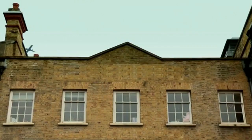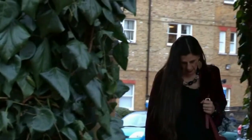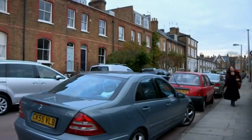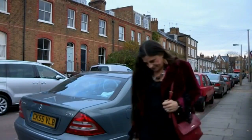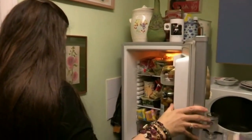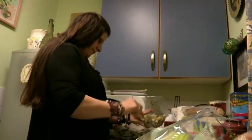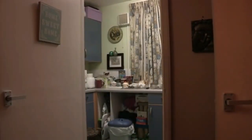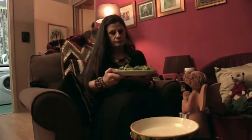Rosemary's road to recovery began when she was assigned a specialist key worker. She said to me, I just want you to have a better life. And that's the one and only time where I heard somebody say that to me and actually processed it. And I thought, well, I've got nothing to lose. I could give it a go. It was a gradual process, but since that moment, Rosemary has turned her life around. There is definitely a key to recovery, and that's planning. It's not an option to miss food. It's not an option to make your life easy by resisting food. And I think